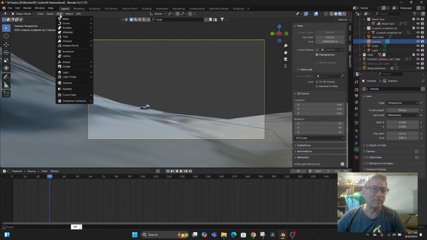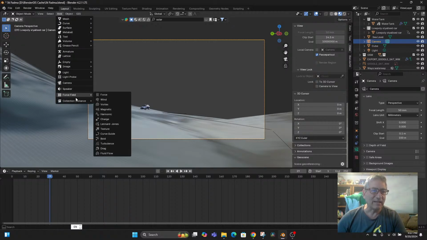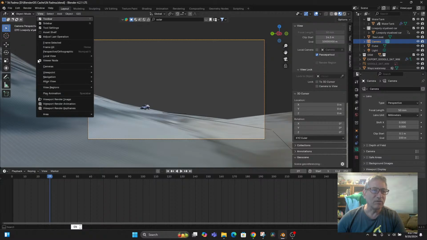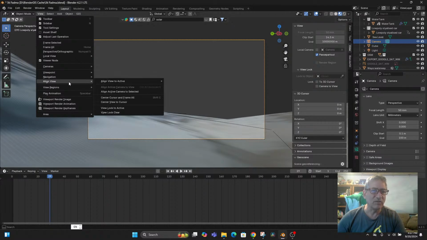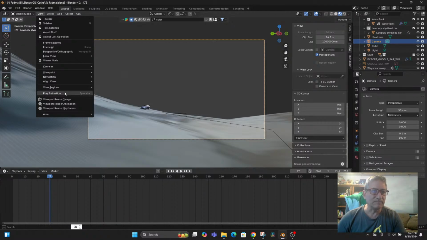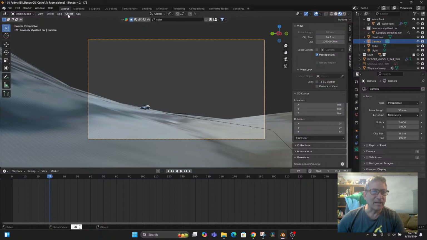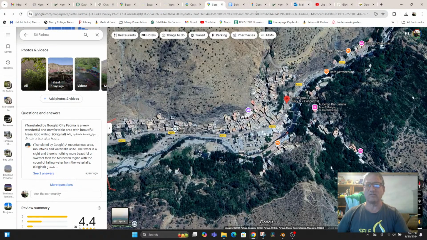I've done it once or twice. Let me see if I can figure it out again. Just adding a camera. There's view, so there's align view. There's cameras, frame camera, set active object as camera. We don't want that. Viewport, play animation, view readings. I'm going to have to look this up again,